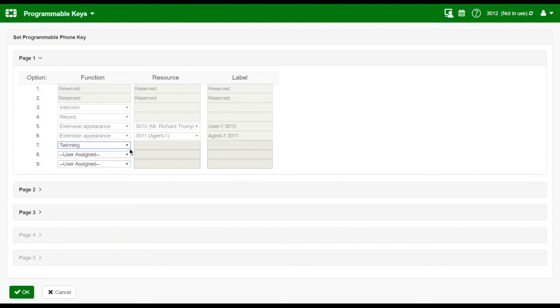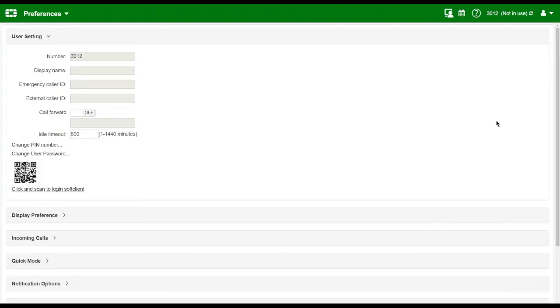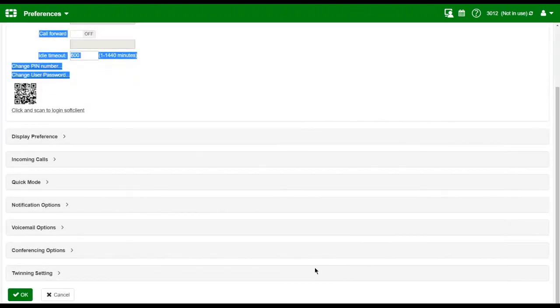The twinning function is another popular one here, where the twinning feature basically allows you to pair your extension with an external phone number like your cell phone. So we can set up a twinning button to toggle it on and off. You also have the ability to change the phone number. That could also be done manually within the user portal, if the preferences, again, have been exposed as a privilege. So under the preferences, if we scroll all the way down, you'll have the twinning setting option here,